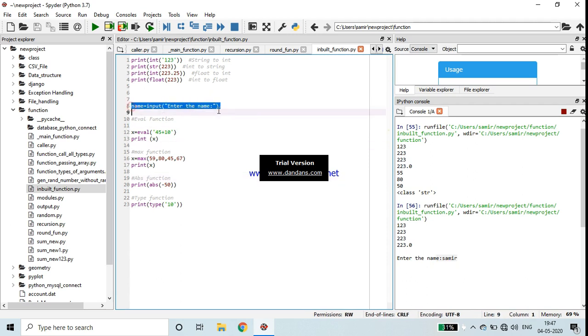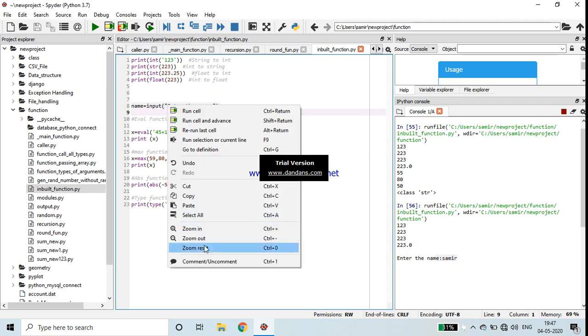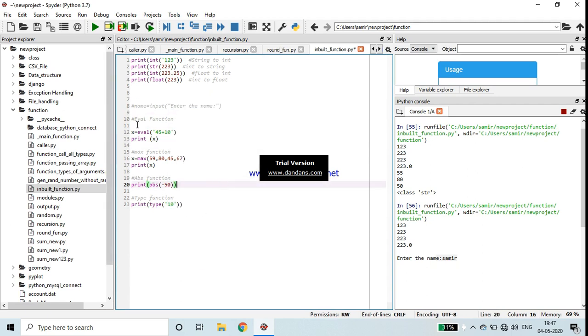Another inbuilt function is the eval function. What does it do? Suppose here I am passing a string, 45 plus 10, as a string. If you see the output when I do print x, I have to clear this first.